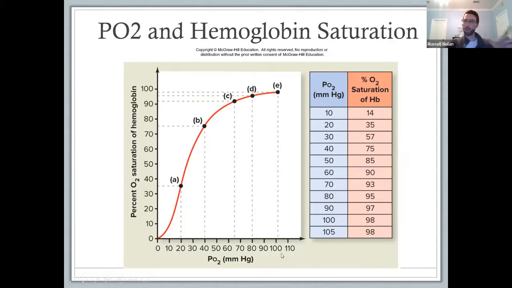So we saw a couple slides ago that it was like 104 right at your lungs. So you can see when you are fully loaded up, here is our wealthy benefactor who doesn't have any money, goes to the bank, and he loads up nearly to 100%. And that's what we can see here. PO2 is 100, percent saturation is 98. If you also go back to that image a couple before, at the tissues, it's about 40 or 50 partial pressure